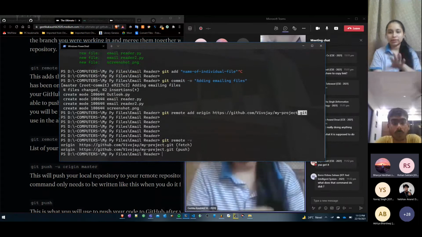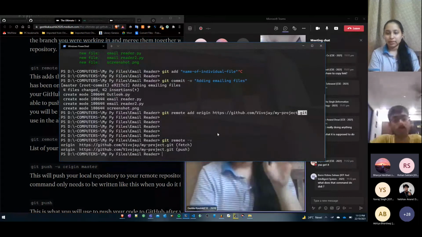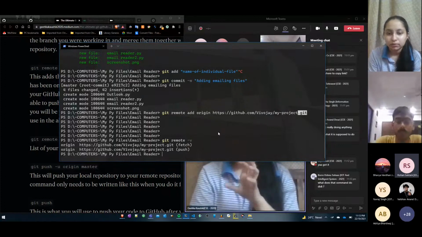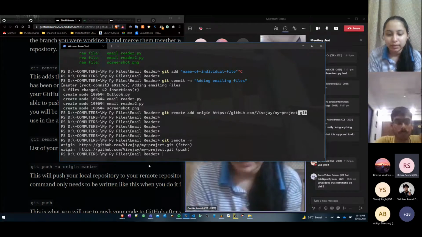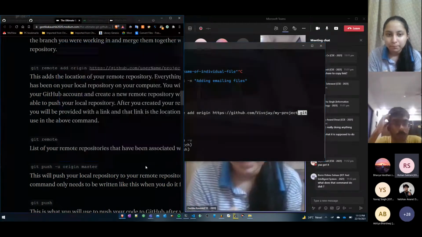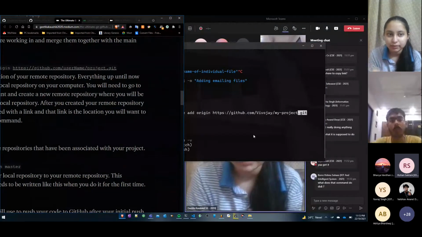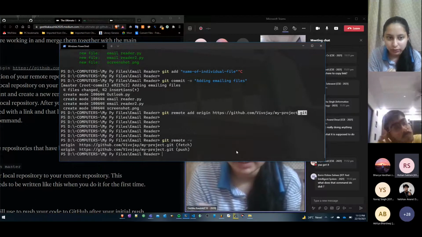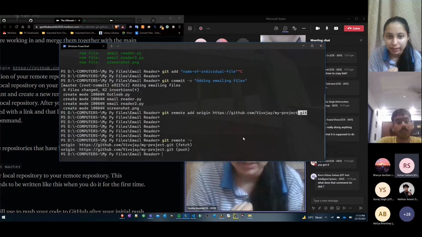Since all these files were on your system and you want them on an online server, we write this command git remote -v, which helps us connect to that server. If you have done it till now, please write yes in the chat. Don't worry if it is not doing anything, it is fine. It will just show these two options after you write git remote -v.